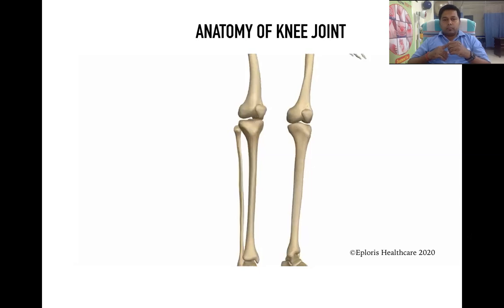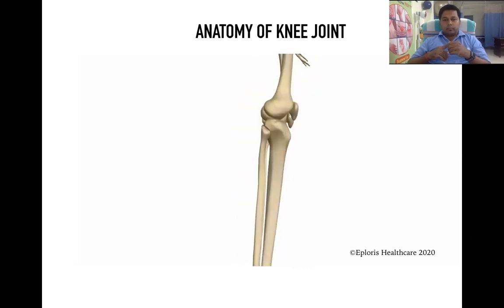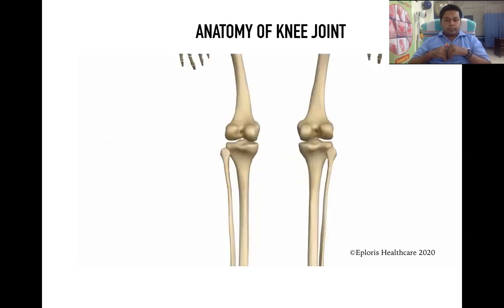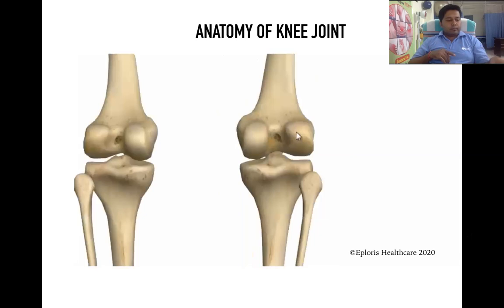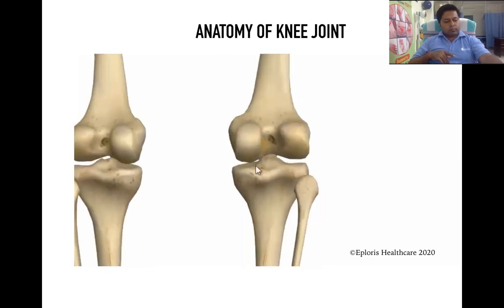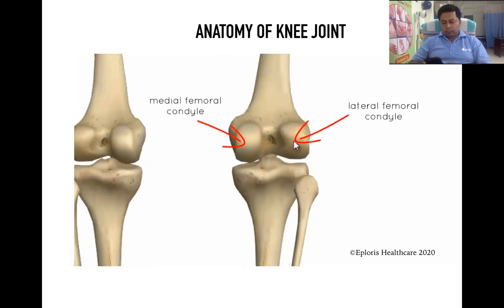So first we'll just take a look at the articular surfaces of this joint. The articular surfaces are covered by hyaline cartilage, and you've got the femoral condyles. I'll just rotate it back. So you've got these two femoral condyles articulating with the tibial condyles of the tibia, so the superior aspect of the tibial condyles. So we've got a medial and a lateral femoral condyle here,